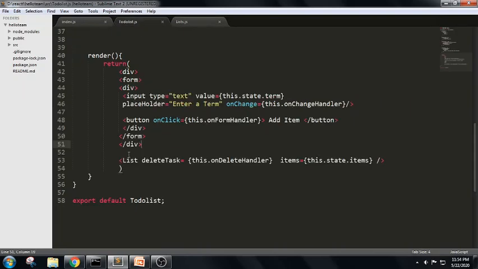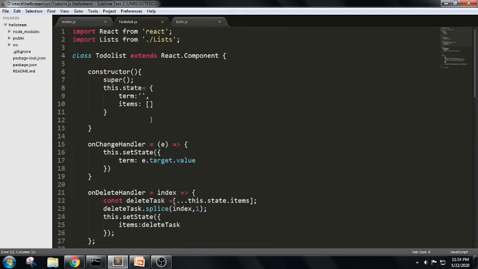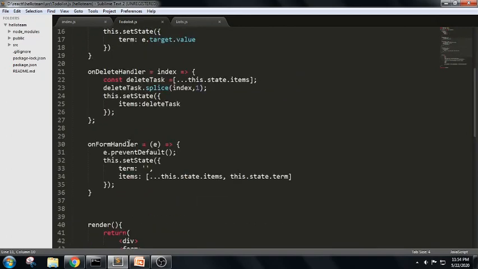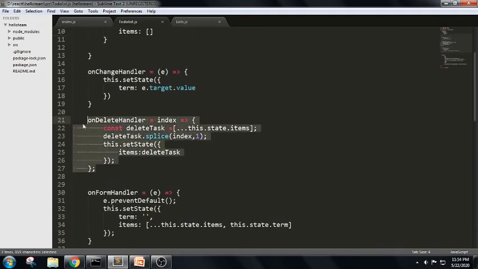If we can see in this above snippet, we were trying to use the component name and pass it in the form of an attribute, and we are trying to define some function here, and we are trying to call the items, this.state.items. So this is the set of items we have inserted. In order to delete this, we are trying to write an arrow function here.